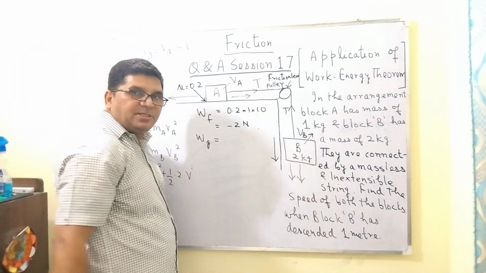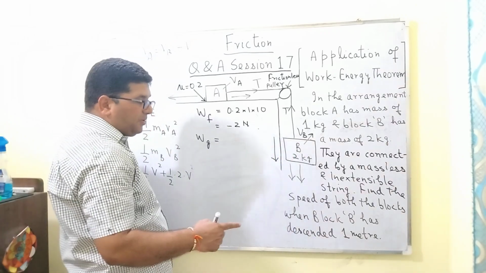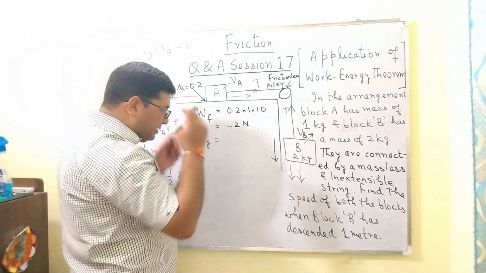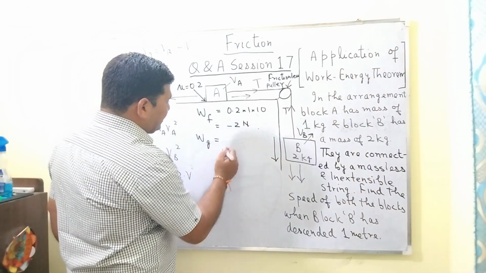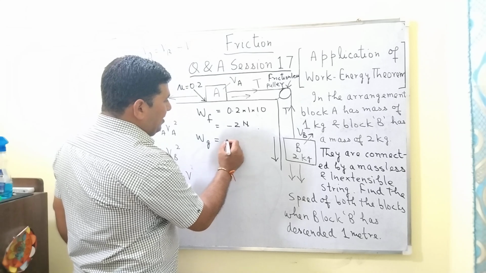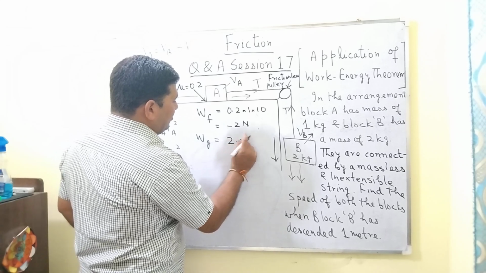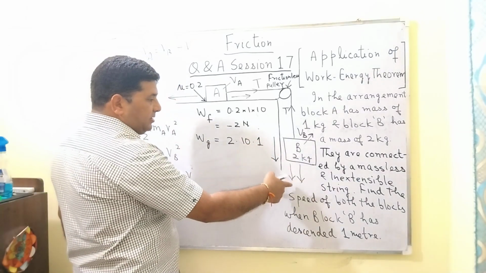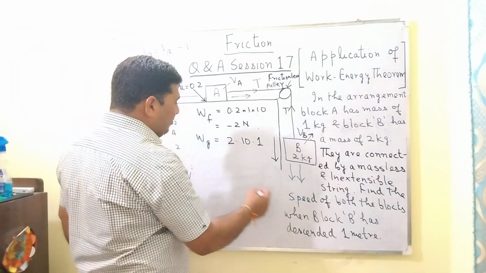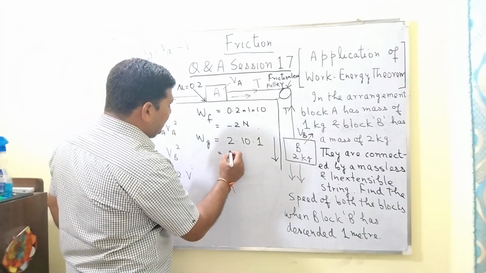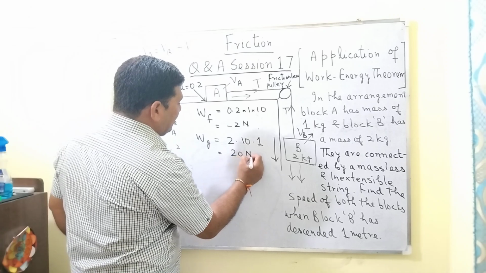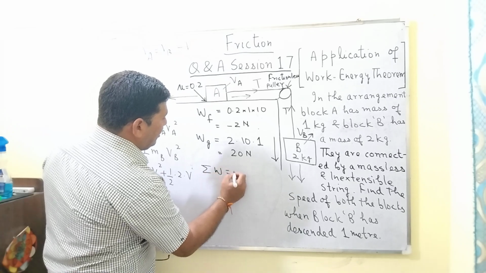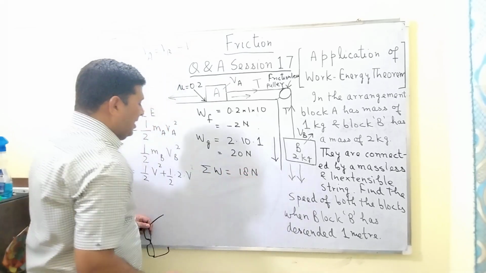Now the work done due to the gravitational force, because this block B is being subjected to the gravitational force, the work done here will be taken as positive, because the direction of this gravitational force and the displacement are the same. That is, both are acting in the downward direction. So in this case, the work done will be equal to m g h. Here this block B has descended by 1 meter, so h will be equal to 1, and the work done in this case will be equal to 20 newtons. So the total work done will be equal to 20 minus 2, which is equal to 18 newtons, and this will be equal to